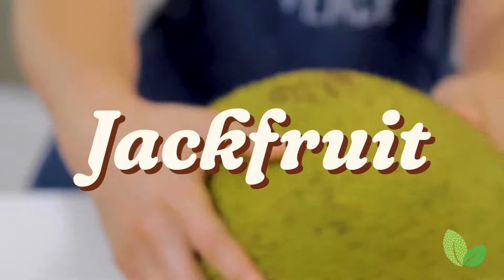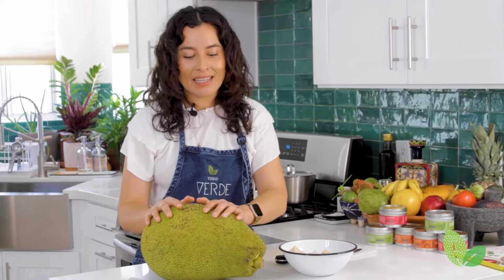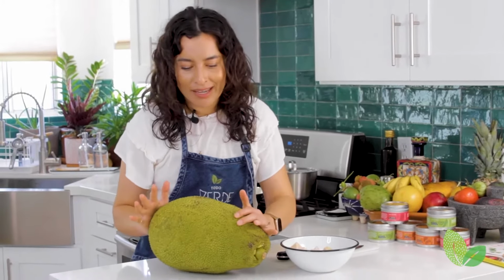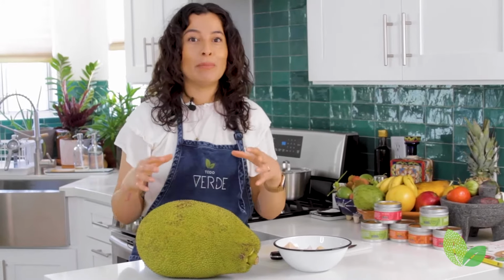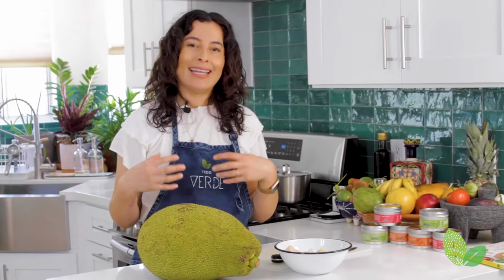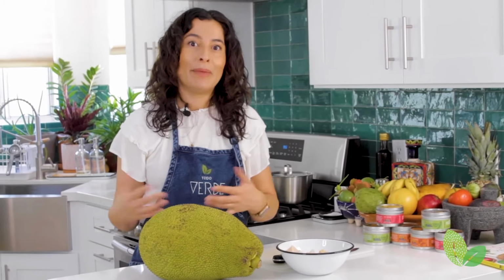Today, I am going to be talking about jackfruit. Jackfruit is this really amazing fruit. As you can see here, it's as big as a watermelon. It has all these green spikes all over it. We're seeing so many people become so curious about it, especially if you're thinking about eating more plant-based or transitioning